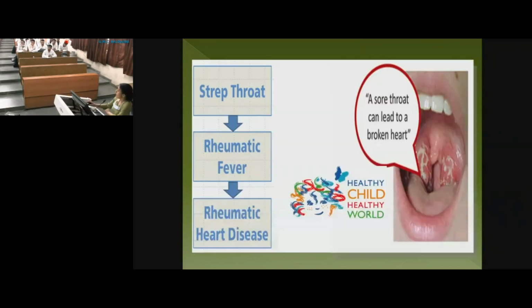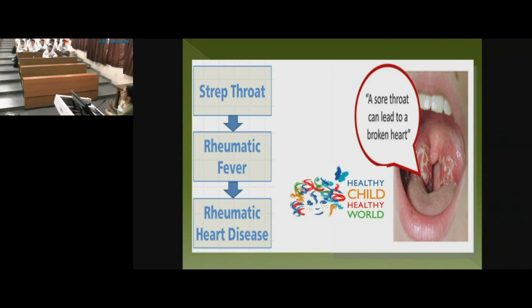Right? Now when you have a child with streptococcal sore throat, this is how it looks. So we say two things. We say don't give a lot of antibiotics, because if you give antibiotics irrationally, it causes resistance, and most URIs are viral. And we also say if you don't treat a child with streptococcal infection with antibiotics, you're going to cause rheumatic heart disease. So how do you differentiate?